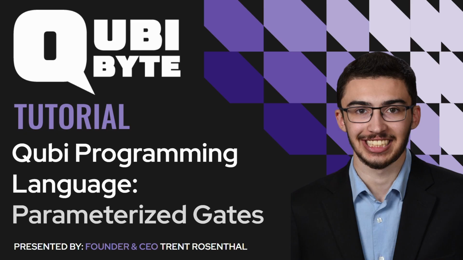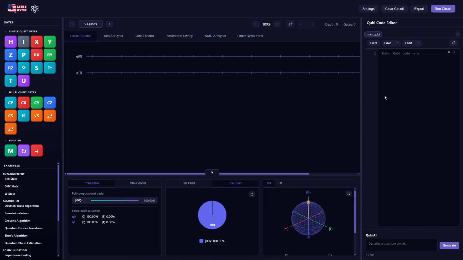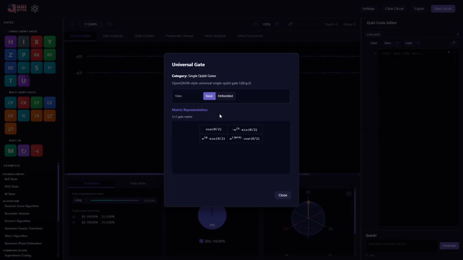This one should be a little bit of a brief one, but we're going to be talking about the parameterized gates. So if we go ahead and open up the Qubibyte Quantum Circuit Simulator, which is available at qubibyte.org/simulator, then we can see that we have all of these gates, and you can't really tell which ones are parameterized from the side unless you were to look into their information, but I can just tell you straight away the ones that are parameterized would be the phase gates, and we've discussed a few of these in the last video, but the phase gates, the RX, the RY, RZ, U, which has 3 parameters,